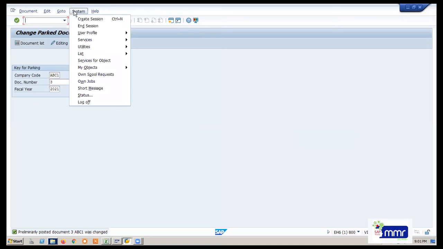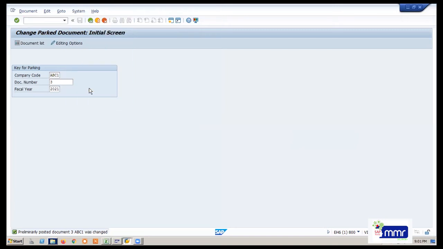You go to System and you can see Short Message. If there is no workflow triggering in the project, then you can use this option, short messages. We use it within the systems, not for external systems, but within the SAP systems we can use it.